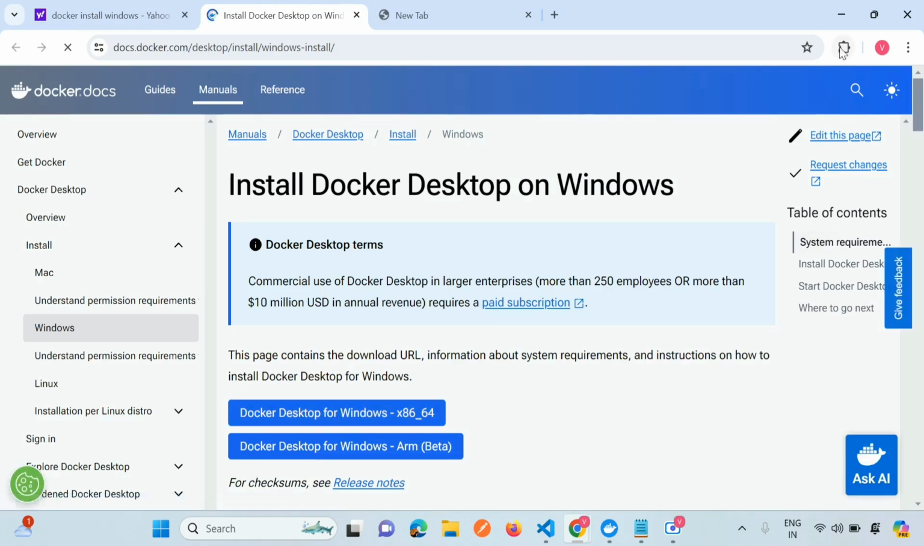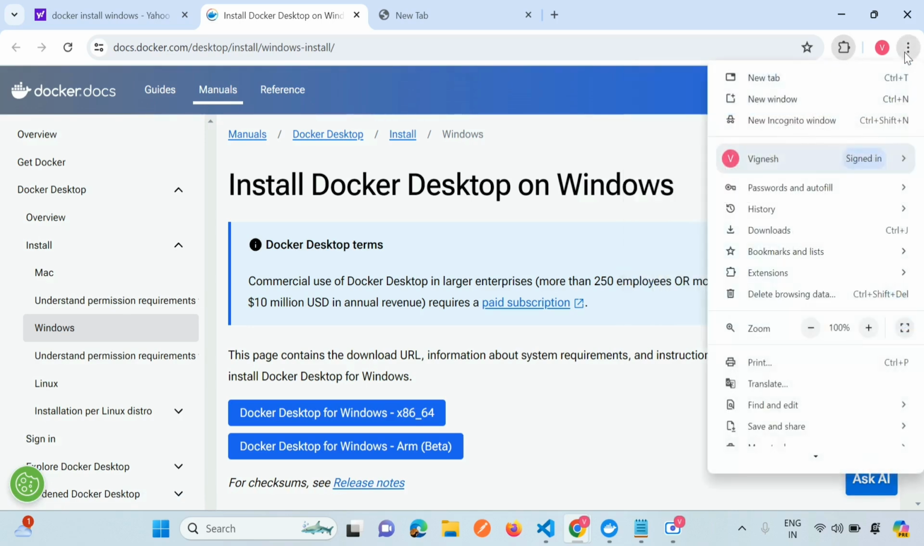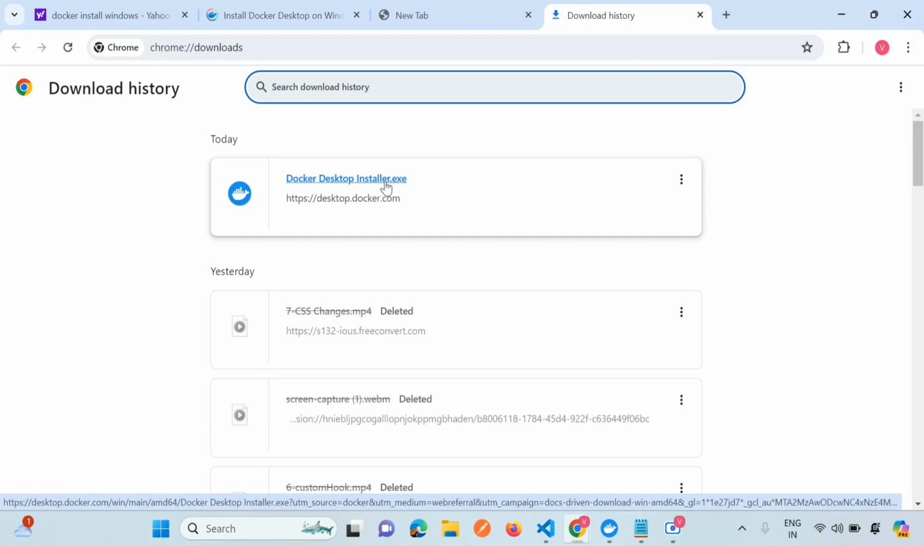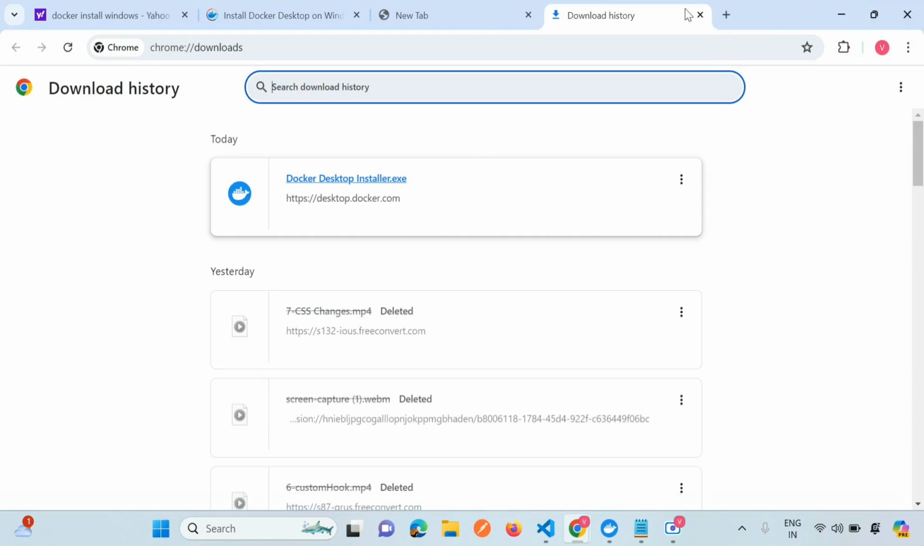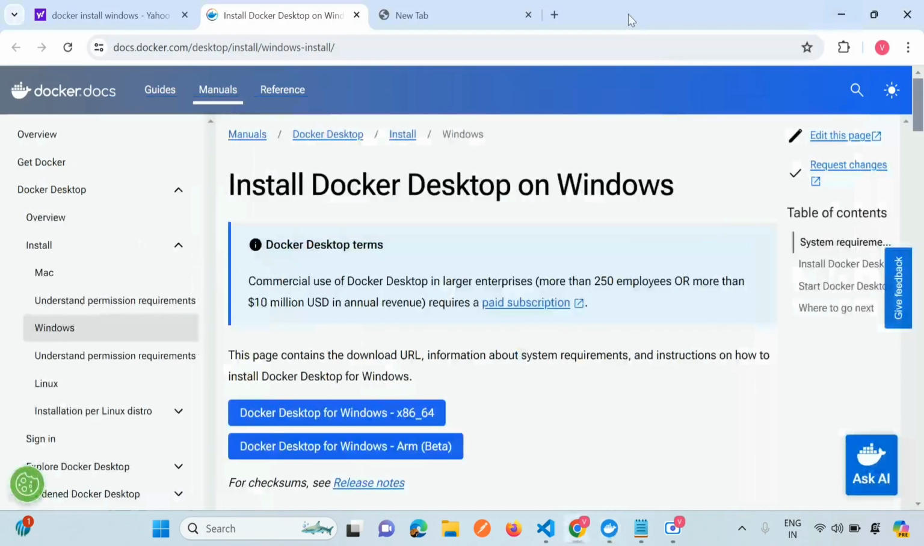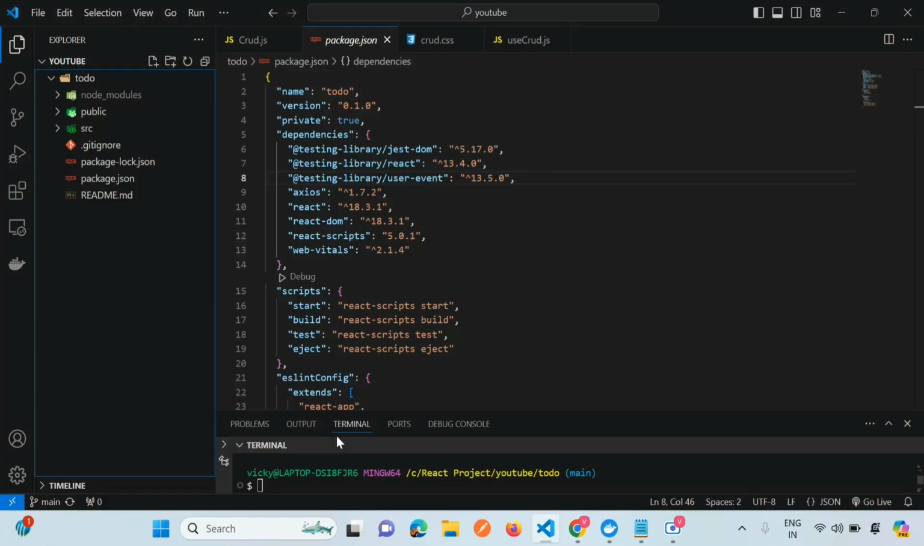Windows. Once that is downloaded, you will get an executable. You can click on it and install it. Once it's installed, it will ask for a restart. So after restarting, your Docker Desktop will open like this, and it will initially ask you to sign up. You need not sign up at this stage. You can skip the sign up, and then you just come to our application, and in the